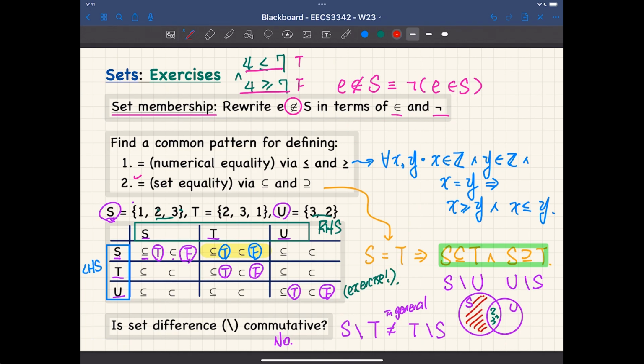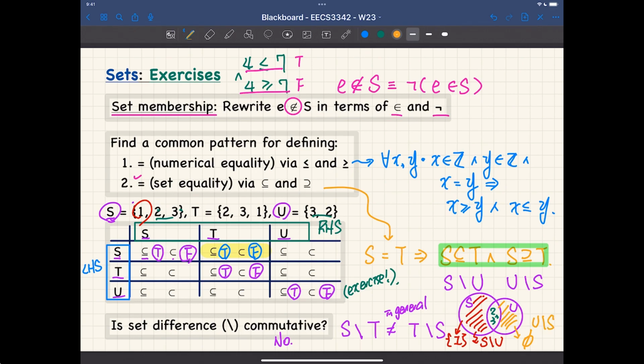This part here is whatever that's in S, but not in U. So this is basically whatever that's in S, but not in U. What about the other way? Whatever that's in U, but not in S. Nothing. How do we say nothing? Empty set, exactly. So I should really say that here, and let me use a slightly different color just to show to you so you see both. So this will be empty, which would be whatever is in U, but not in S.